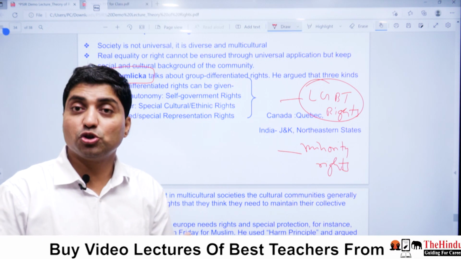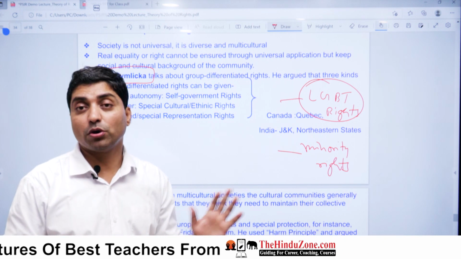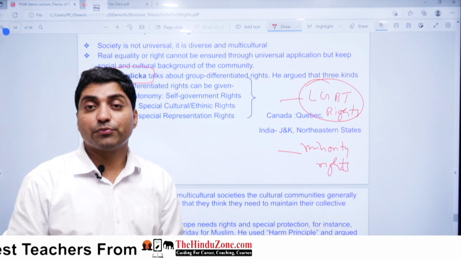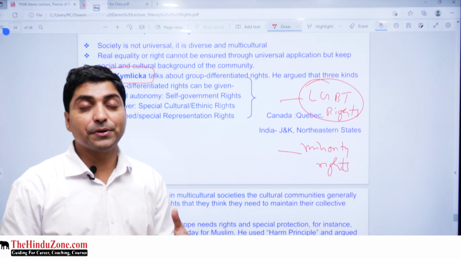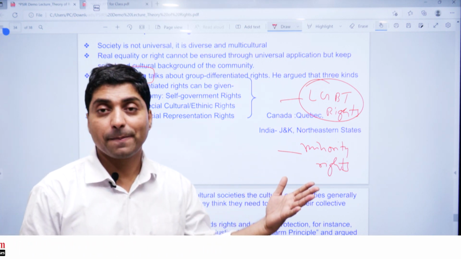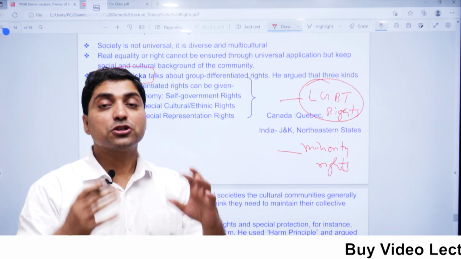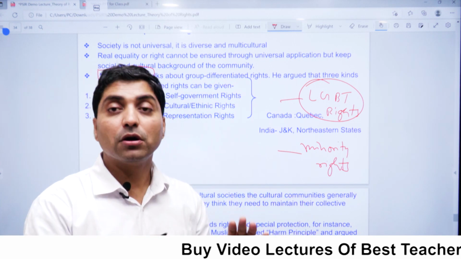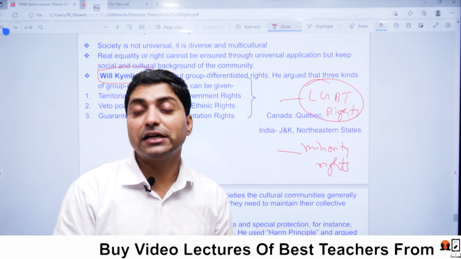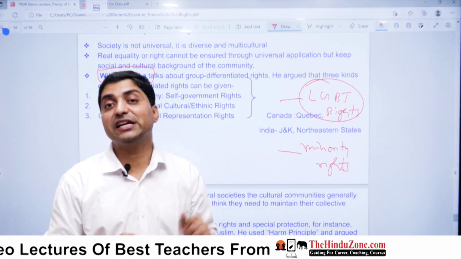And a uniform set of law or uniform set of rights would be disturbing, right? Because something Indians may celebrate, a European may not celebrate the same. So there are different sets of people coming from different parts of the world. So a state should not form a uniform law or uniform rights, right? We need to recognize a particular group right.